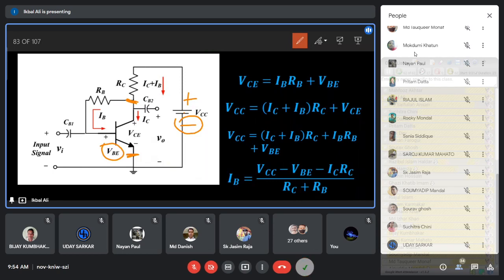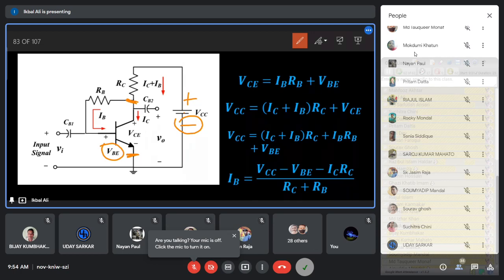So this is the purpose of these biasing circuits. They set some DC voltages across the base emitter and base collector junctions, and supply specific DC collector current, base current, and emitter current in such a manner that the transistor is in the active region, with the Q point in the middle of the active region. That is why the voltage polarity of VCC is as shown here. If you reverse the polarity of VCC, this biasing circuit will not work.